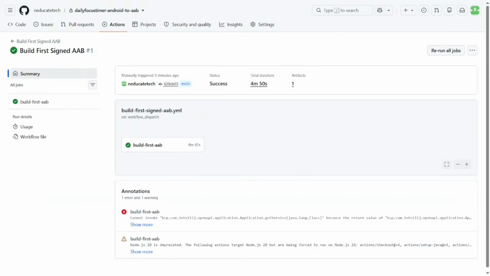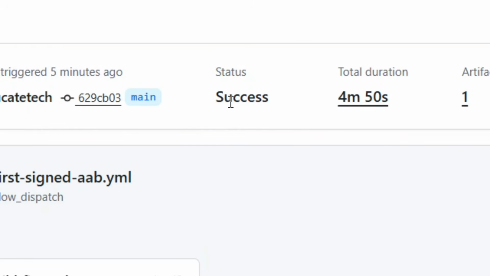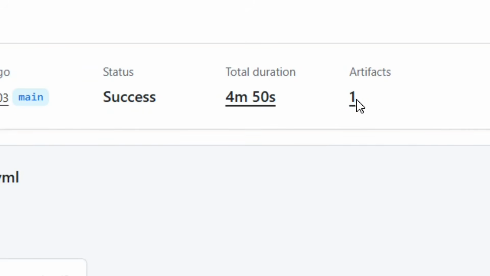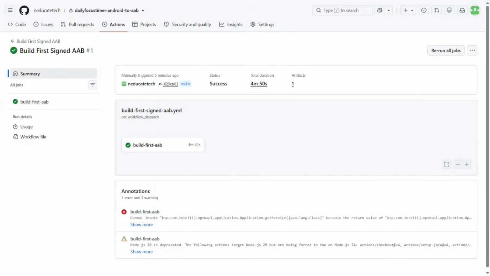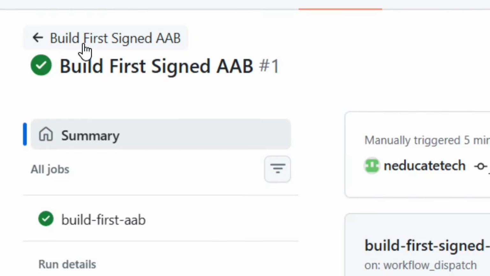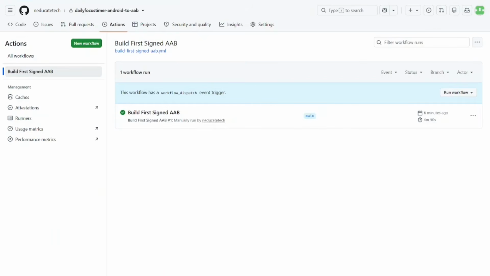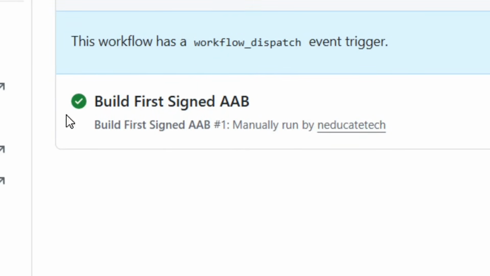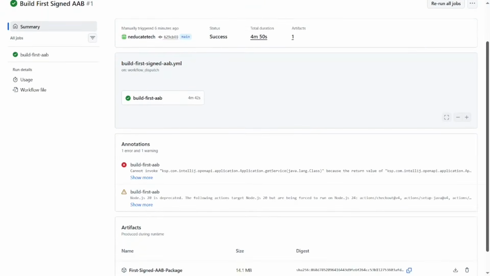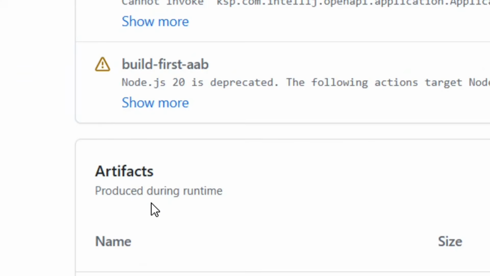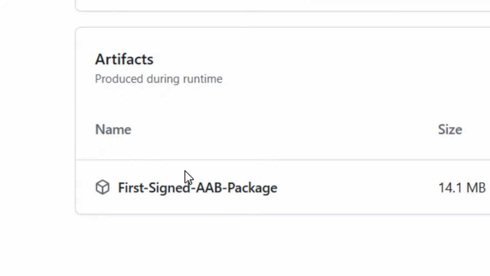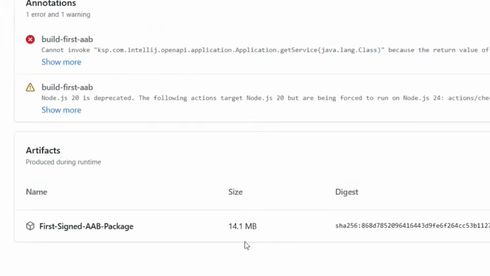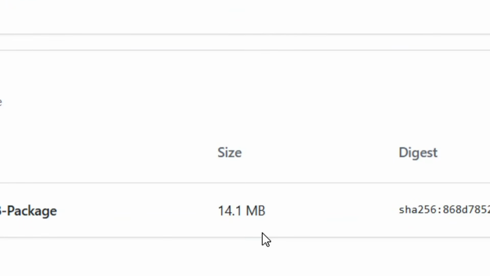So after that, all that you have to do is to come and see. As you can see, the status is success, and then we have one artifact right here. After that, simply click on the back arrow, and then select it again. When you select it again, you're going to see that the artifact will show. When you scroll down, from the name, we have our AAB package generated. And when you check the size, it is 14 megabytes plus,